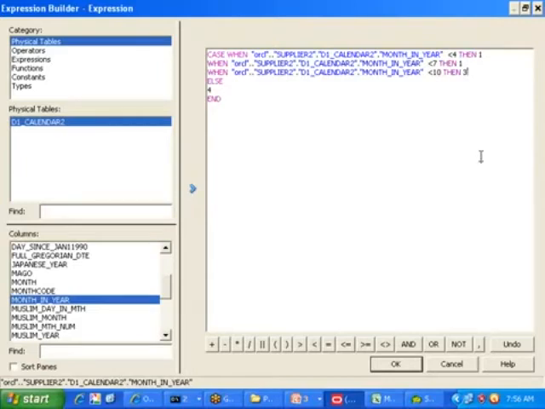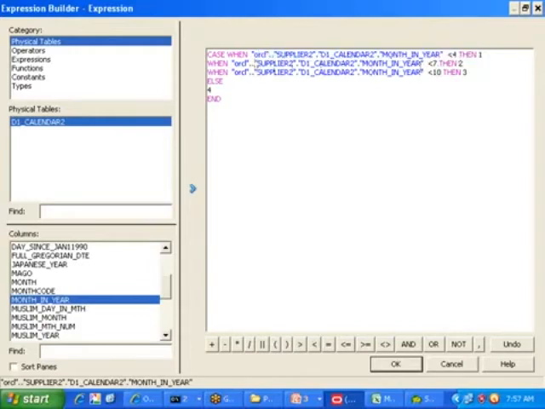How many of you know the case when statement execution order? If you send a record with the month 5, it will go and validate the first rule. 5 less than 4, is it true or false? It's false.